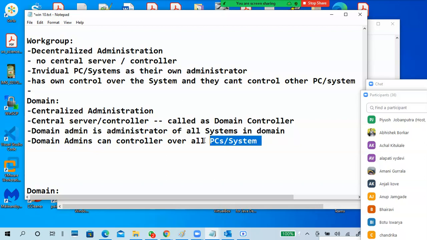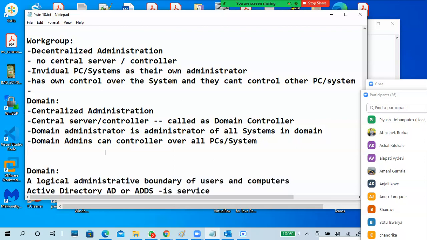Both meanings are the same. Domain Admins is just a group. Domain Administrator is a user. Actually, on your domain's first server, the administrator is the Administrator.